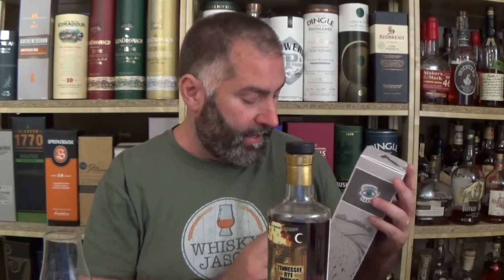ex-Oloroso casks and ex-Pedro Ximenez casks. Whiskybase 218243. Now, all of That Boutique whiskey bottles basically have a nice little, oh, I even forgot this, nice little